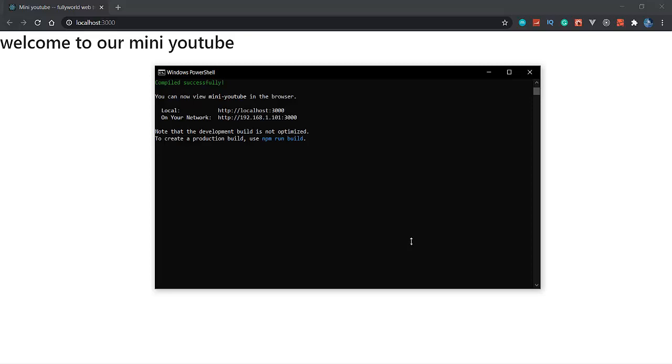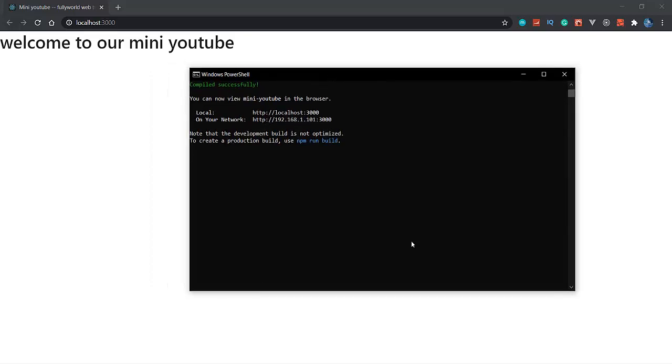I am pausing the video till our browser is refreshing. This is a Chrome browser, and my PC configuration is also low, so sometimes my browser stops responding, and that's why it takes a little time. I'm pausing the video till my browser is reloading, so I don't want to waste any time in the video here.